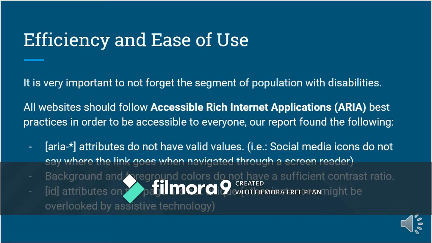On the other side, with a visibility tool that we used for detecting the variation and contrast of colors in the website, we noticed that background and foreground colors do not have sufficient contrast ratio, and this can be seen in several images and graphics used for advertising, and especially for regular informational content.